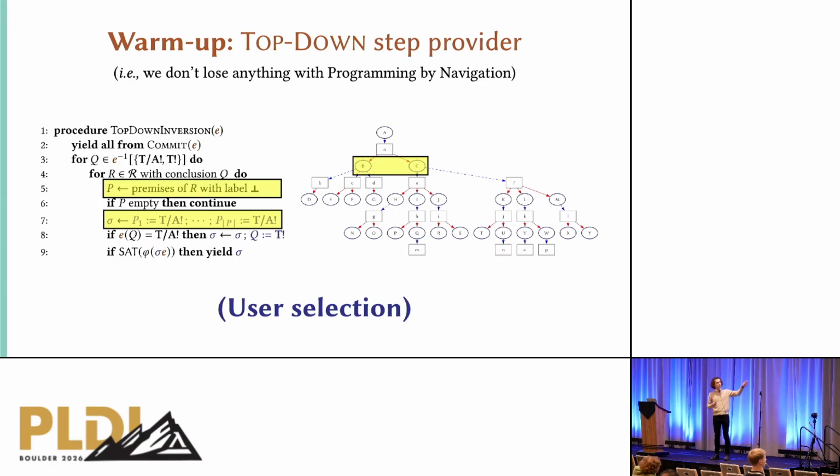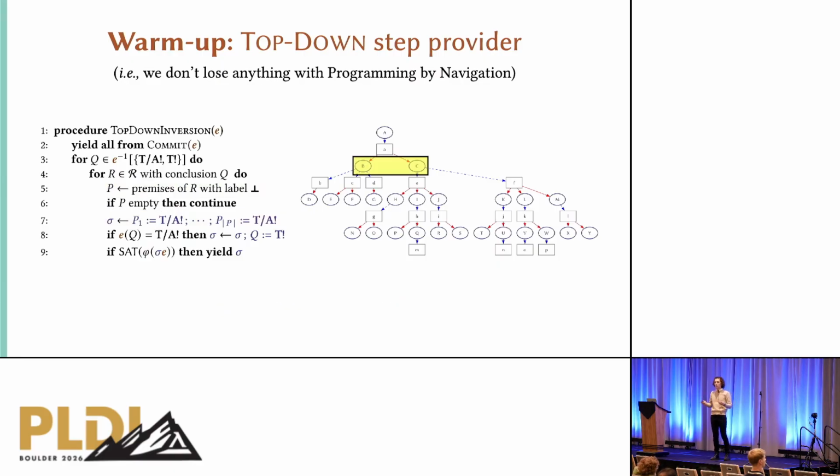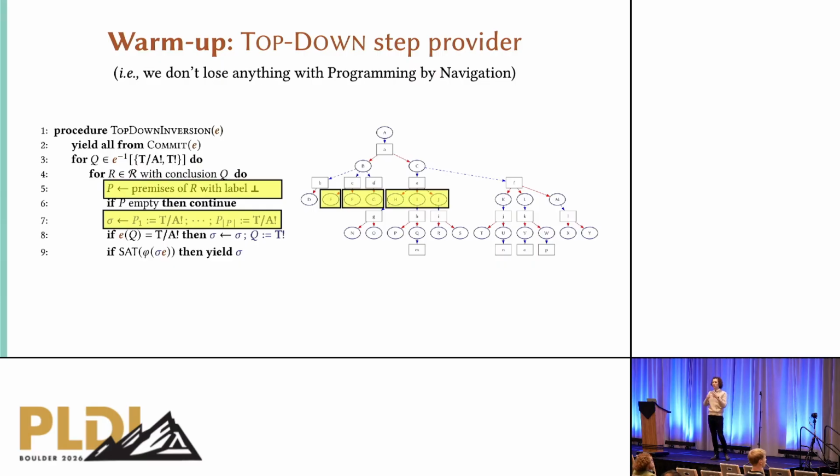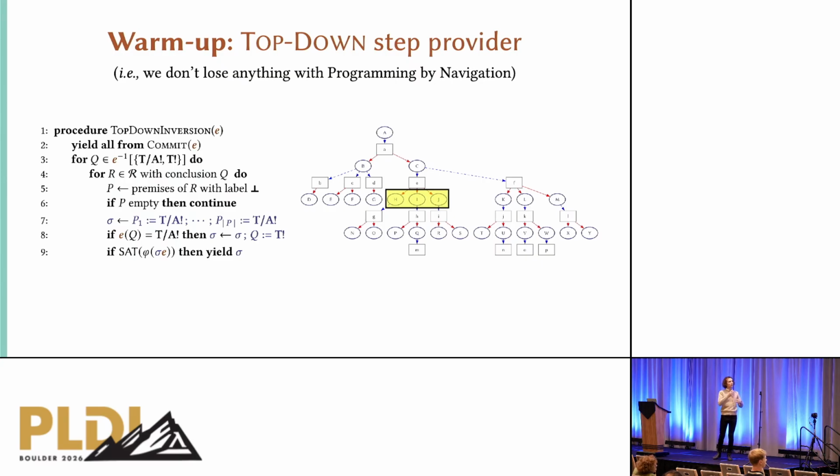So maybe in this case, there's only one option, so the user makes that particular selection, and we're going to repeat the process. Now there's actually 3 rules that have a conclusion in the frontier. And so there's going to be 3 sets of premises for the user to select between to label. And so maybe they perform another selection, and they've chosen this one right here. And you can see that by going through this process of selecting which of the sets of premises they want to label next, they are essentially doing a top-down traversal of the and/or graph. But if that's all we could do, then there'd really not be a point for introducing all of this programming by navigation stuff. And so now let's talk about some non-topological step providers